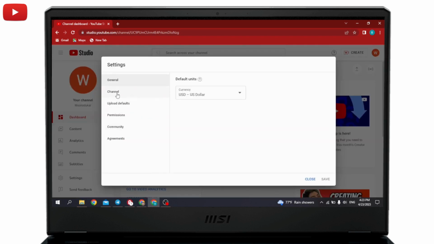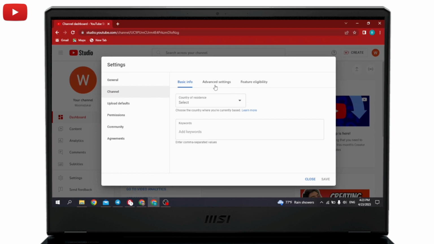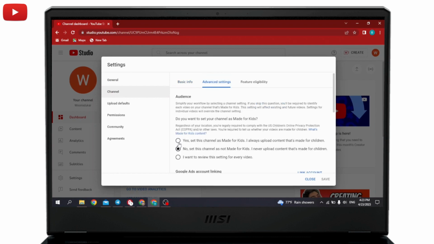Go to the option of channel. Open it. Now head towards this option of advanced settings. Now from here you have to select the option of no, set this channel as not made for kids, because if you select this option yes, set this channel as made for kids, your comments will be turned off. So select the option of no, set this channel as not made for kids, or I want to review this